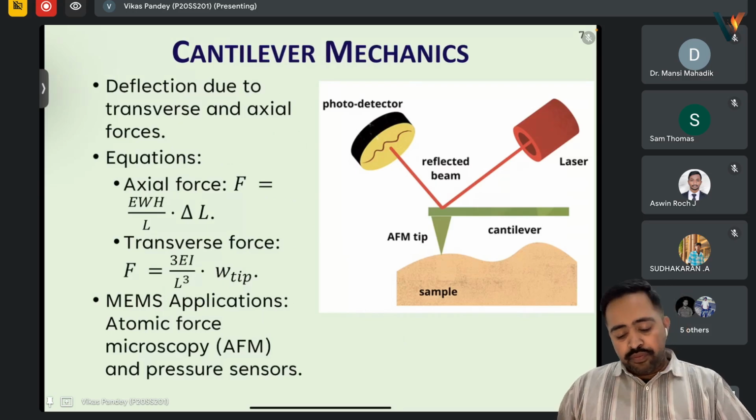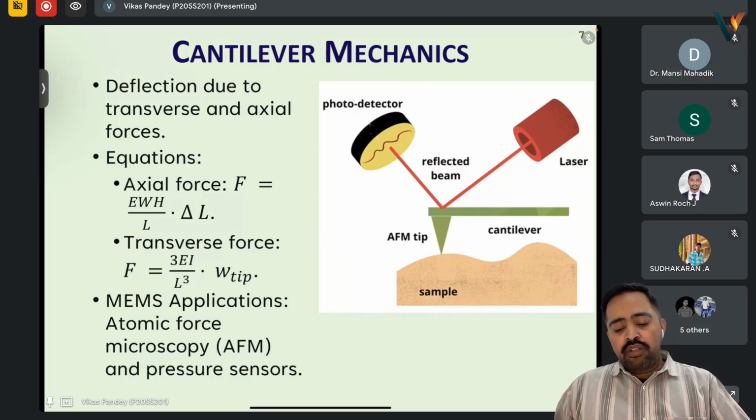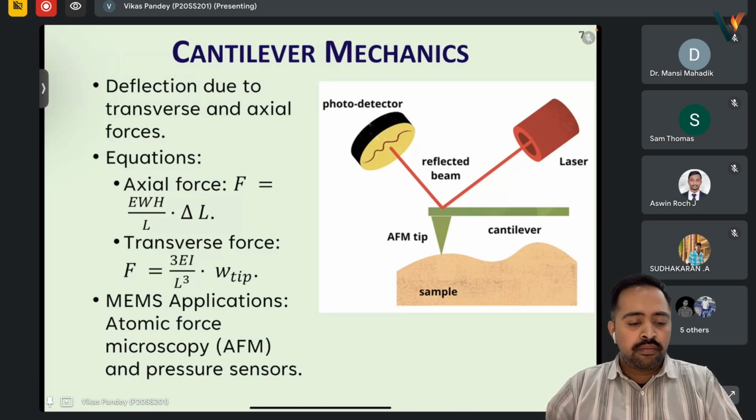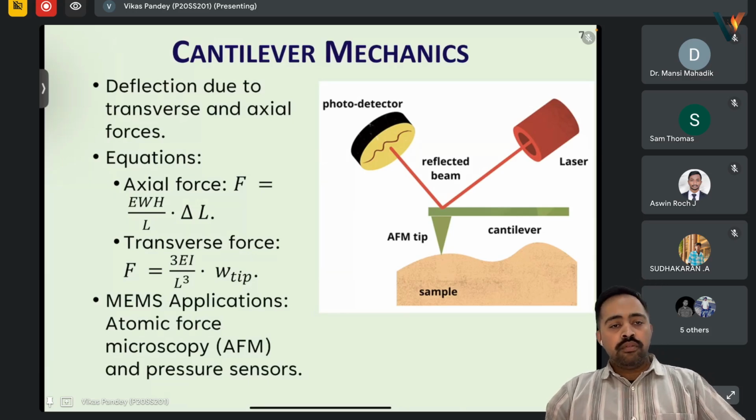So if we see about these cantilevers, yeah, any questions still here? Okay, so